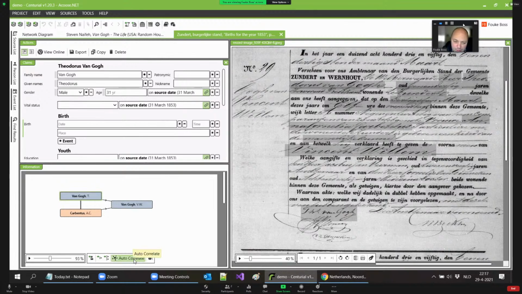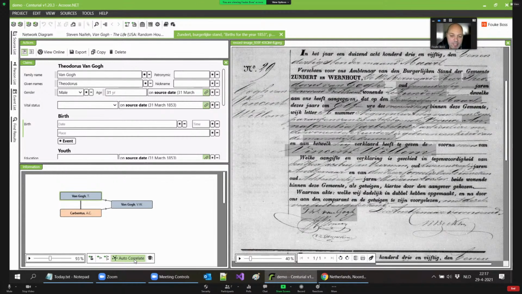Now the autocorrelate step actually becomes interesting. So correlation, I'm not sure, Ed, if it's in evidence. Do you use the same term, correlation? I don't remember. I don't know anymore. But to correlate means to decide if this Vincent van Gogh is actually the same Vincent van Gogh as we had from the other source. Is this the painter? And of course, in the end, you don't know.